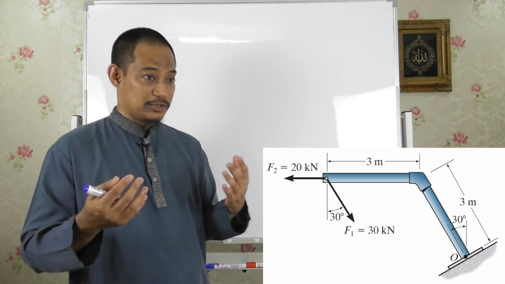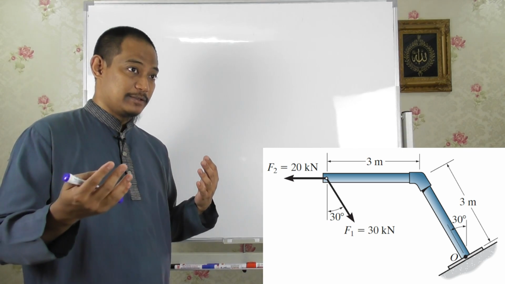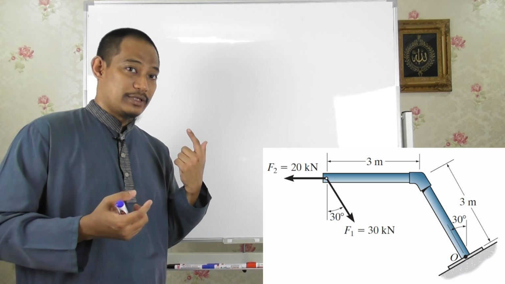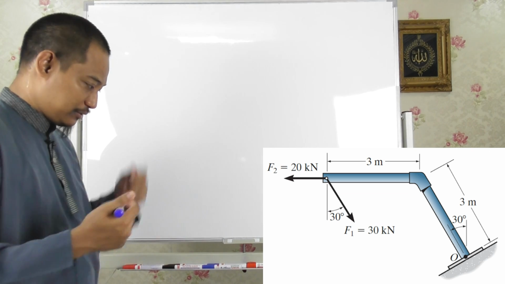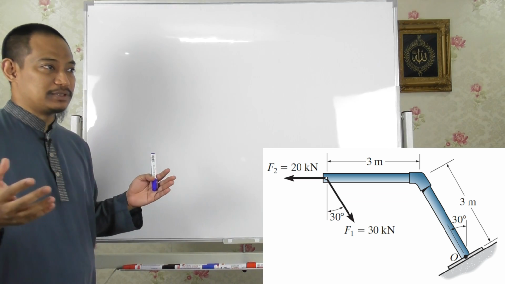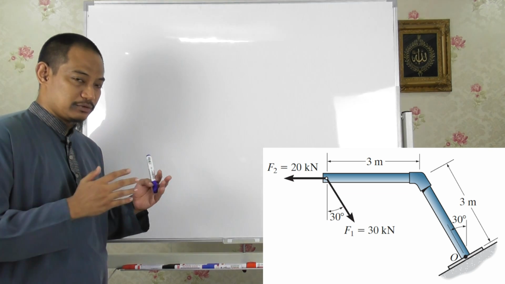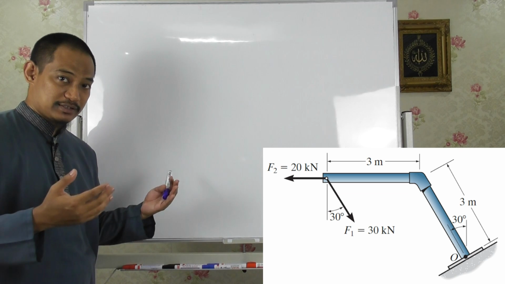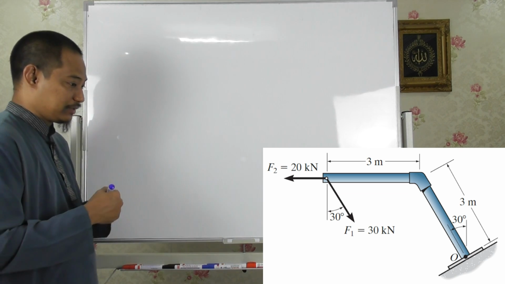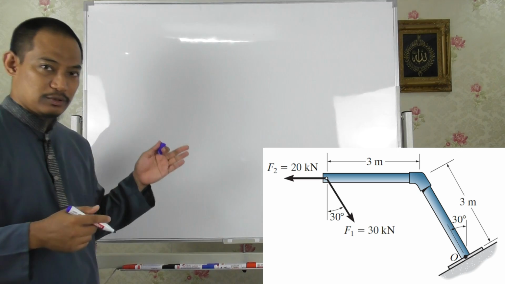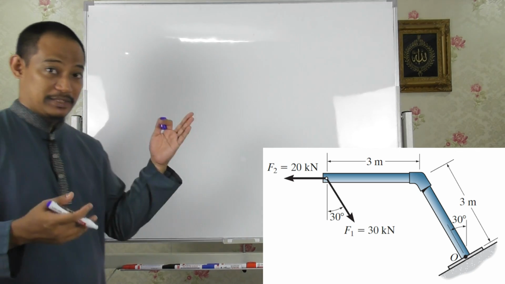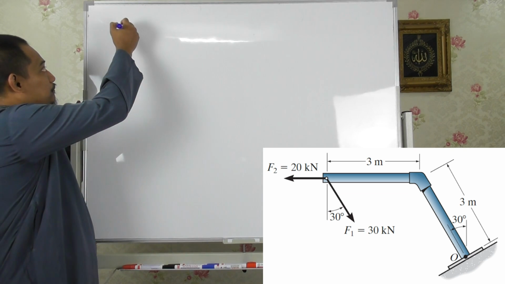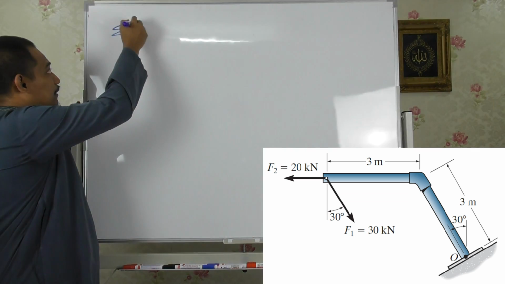Let's solve. As I mentioned, there are two possible ways to solve any question, which are scalar or vector analysis. Let's try to use scalar first. In scalar we just have to take note of the x component and y component, get the summation of Fx and Fy, and then get the resultant. Hopefully you can refer to the PDF as well as the diagram here for the question. So if you do summation of Fx,